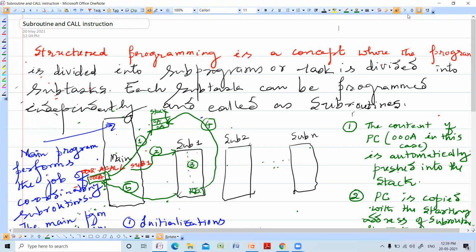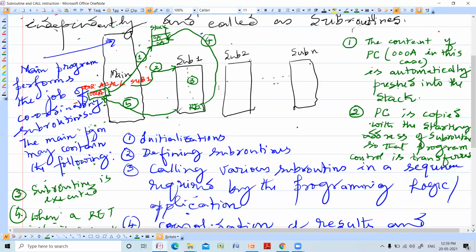When we do programming in this scenario, what would be the structure of the program? What should the main program contain? Very informally speaking, the main program will be very, very small in size. It performs the job of coordinating the subroutines, that's all.